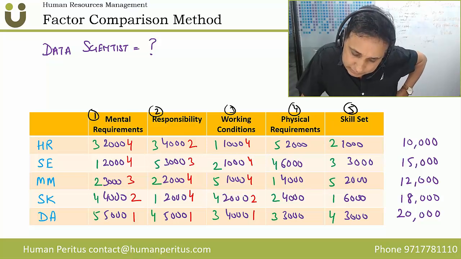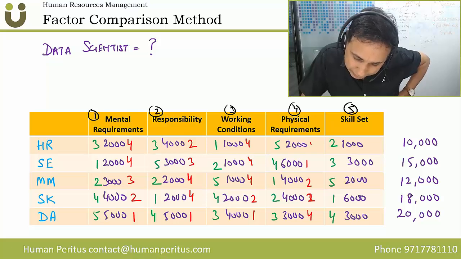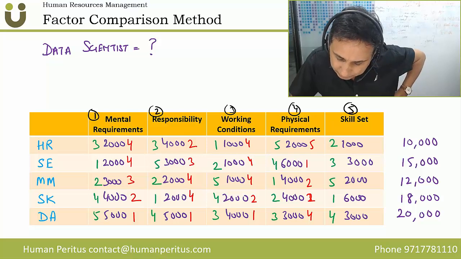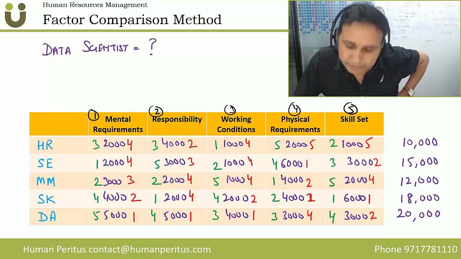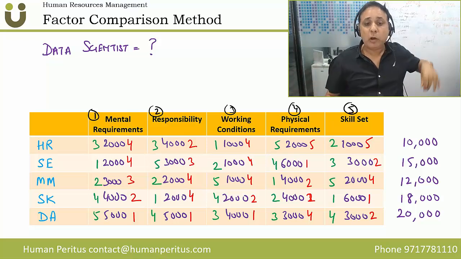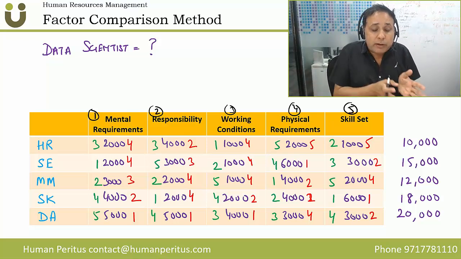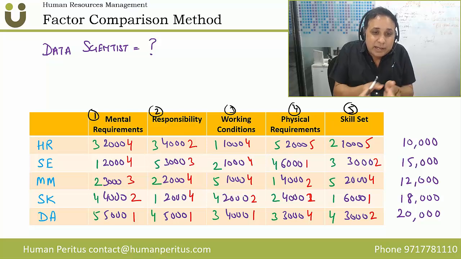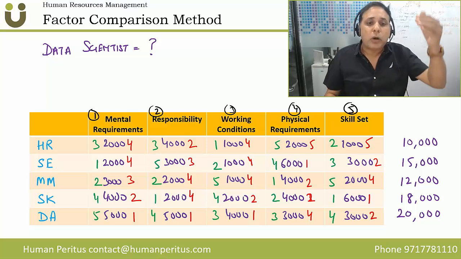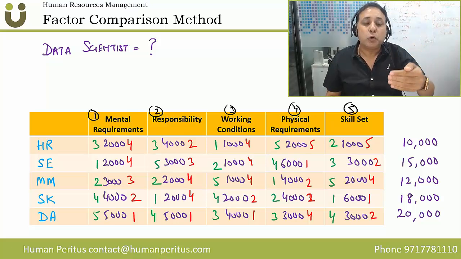In this case, 1, 2, 3 goes away, 2, 3, 4, 5. So I'm just ranking them. If a rank is being shared, then I skip the next one. You can do it any way you want. 2, 2, 4, 5. So I have ranked once again. Now guys, what do you do? You compare the rank in green and in red. So ideally they should be the same.